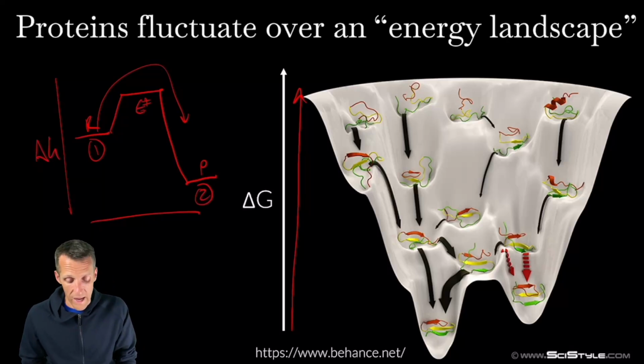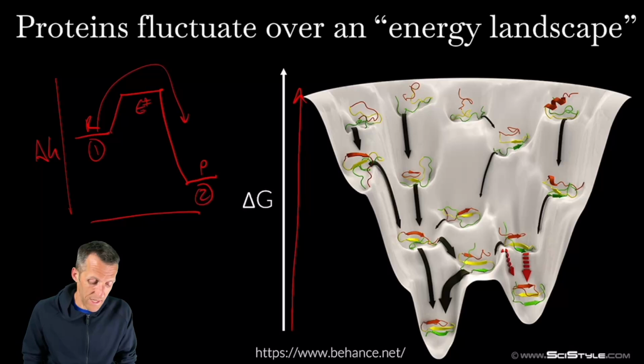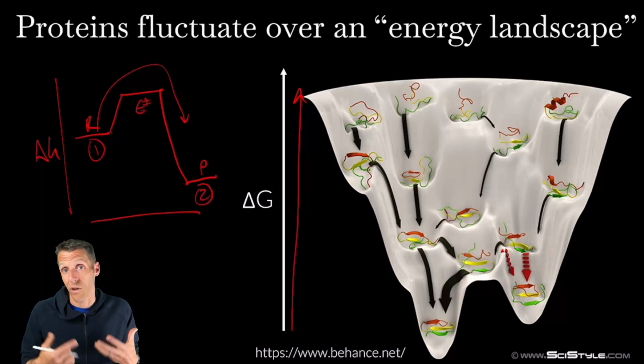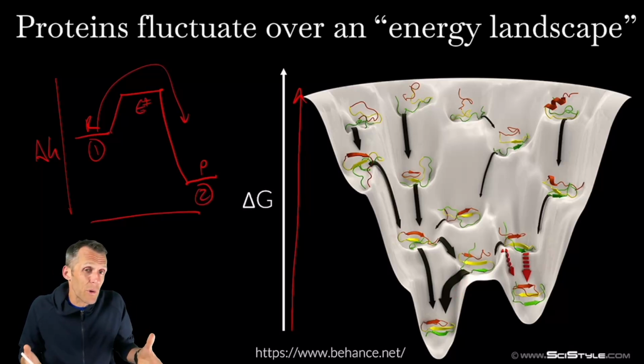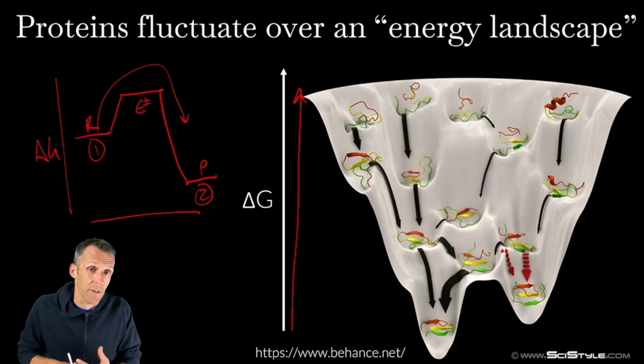Well, in this case, what we have is the same sort of idea. We've got an energy landscape, but now instead of 1 and 2 states, you've got a whole bunch of different conformations. And so a protein that's sitting around in solution is actually flopping back and forth between these, and it's spending more time down at the bottom at the lower energy conformations, the lower energy structures, and then it occasionally hops up here and spends time at the higher energy structures. And basically every protein that you look at is going to be flopping around amongst multiple structures as governed by its energy landscape.